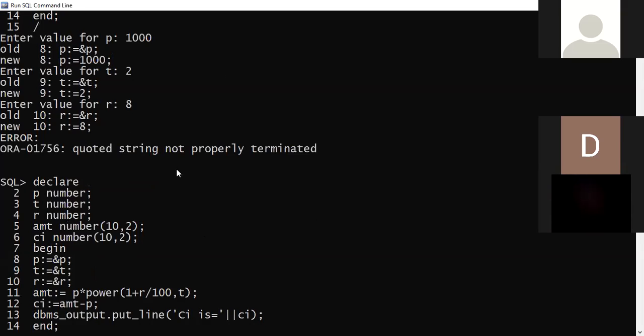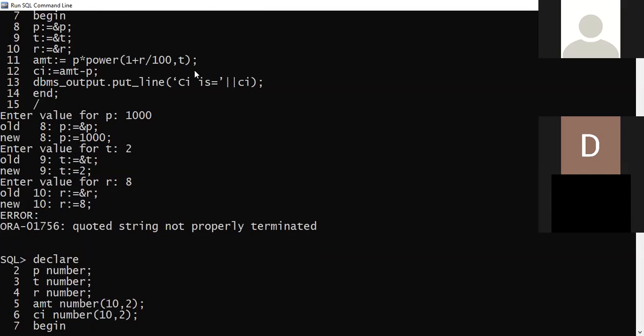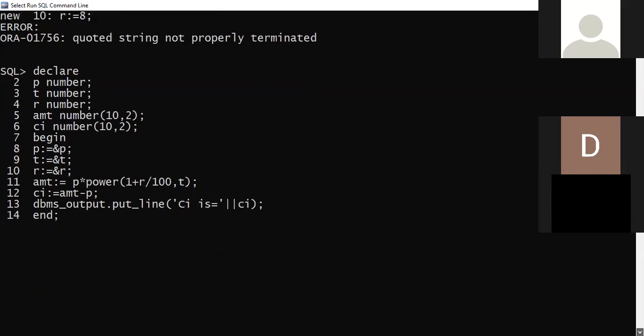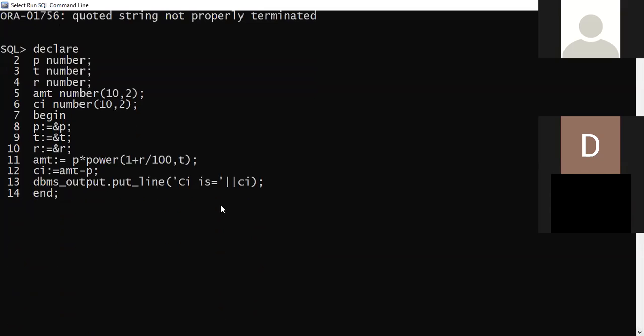Can you see the difference between the single quotes here? Earlier the single quote was something like this, because it was inserted from the Microsoft Word application. One more lesson we have learned here: whenever you type, don't type it in Microsoft Word, better type it in Notepad, because Word, due to its autocorrect feature, also capitalizes some of the letters. So it's better you type it in Notepad. Now let us execute this.